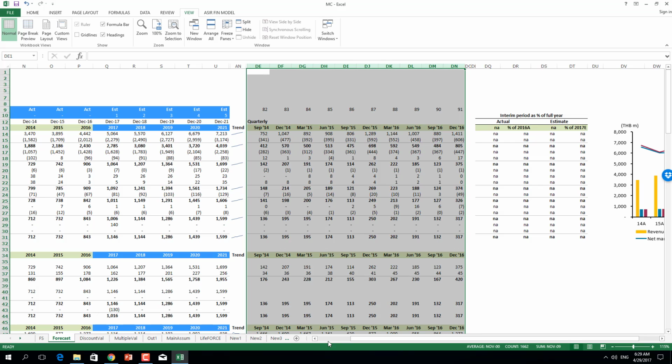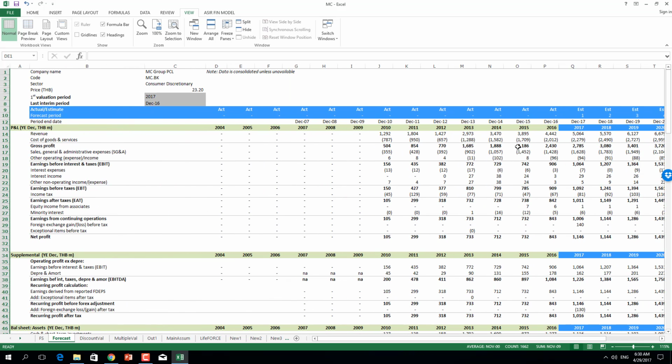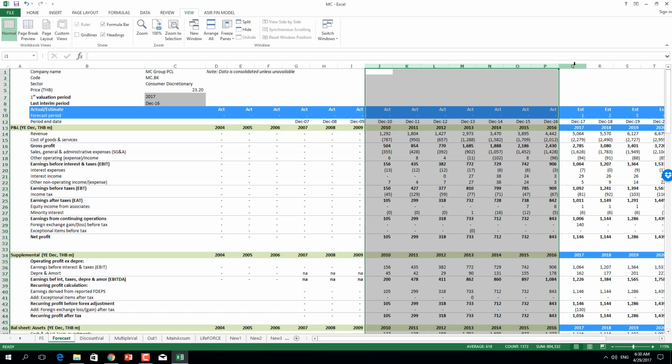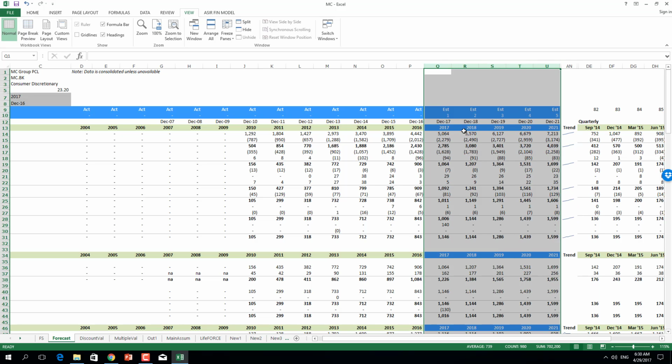And what you can next see is that in order to understand how we're going to forecast this, we want to look at the past, and then we're going to forecast the future. All right? Now, the next thing that we need to talk about is